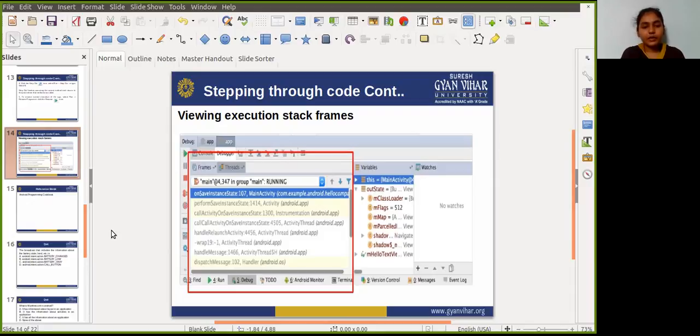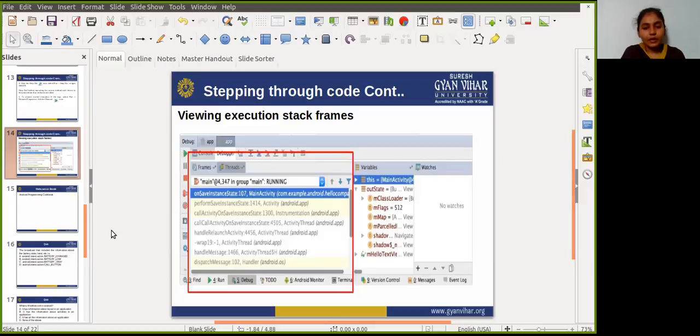Click the line for the frame in the frames view to open the associated source in the editor and highlight the line where the frame was initially executed. As execution of the particular frame finishes, that frame is popped from the stack, and execution returns to the next frame. So just click on the line from the frame in the frames view, and it opens the associated source in the editor and highlights the line where the frame was initially executed.